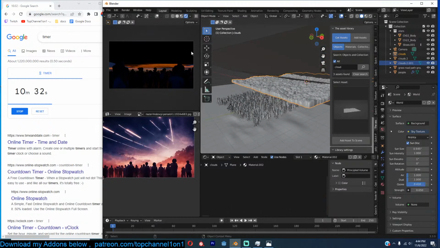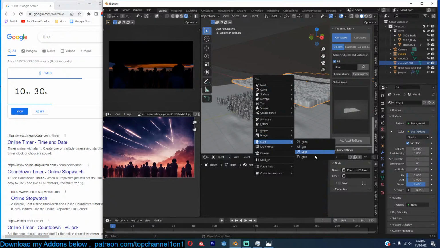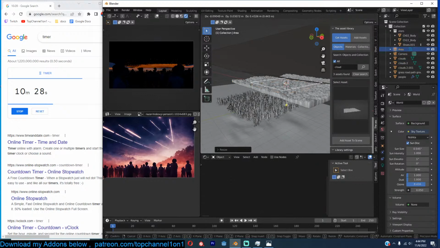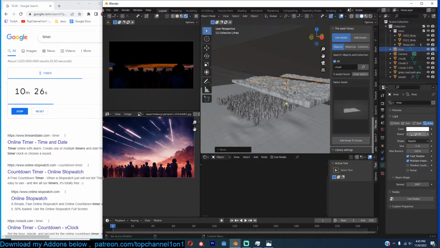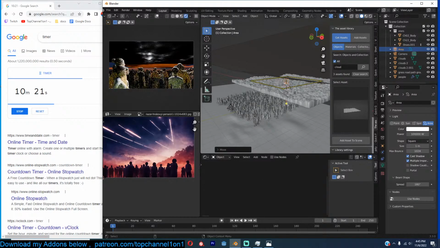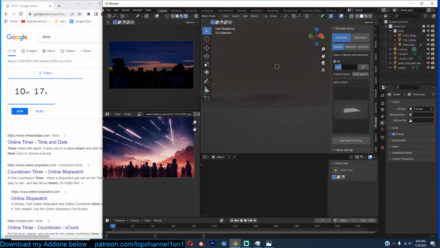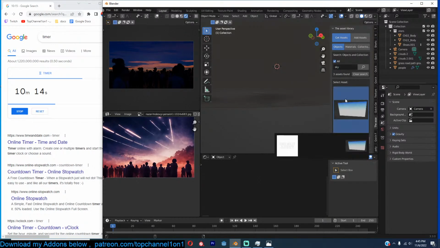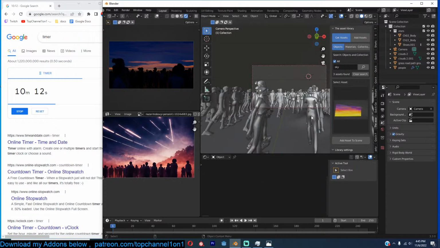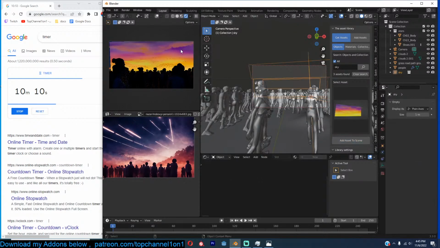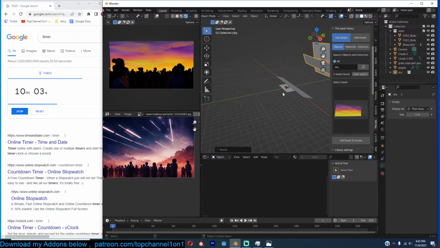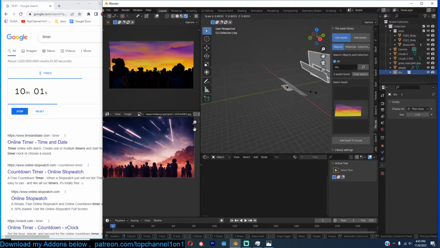Let me try this cloud system. Yeah. Add a sky. And it's not totally the same thing, but